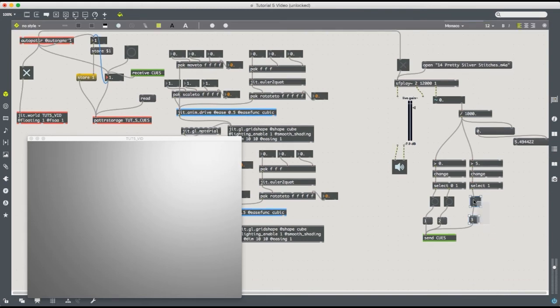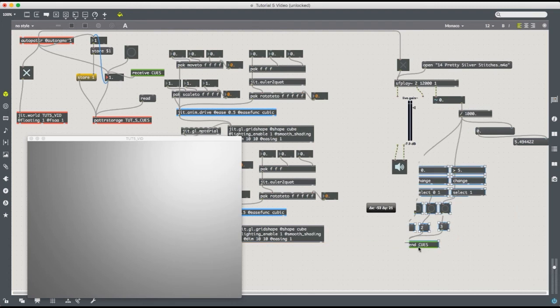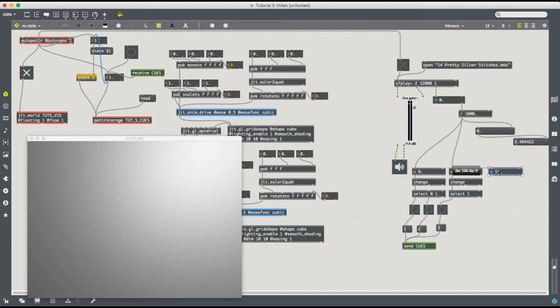And everything doesn't need to be recorded as cues in the pattern storage. For instance, I can have something different happen at 10 seconds. And it doesn't have to be a new cue. It can be, let's say I want both of my cubes then to rotate to a random Z rotation, let's say. So I'll create a random